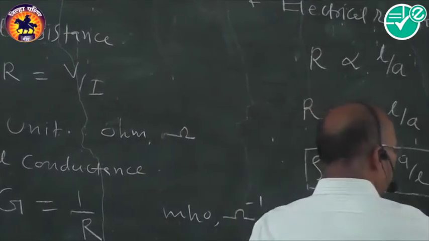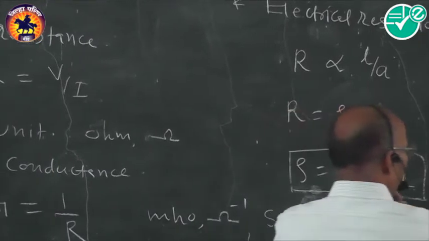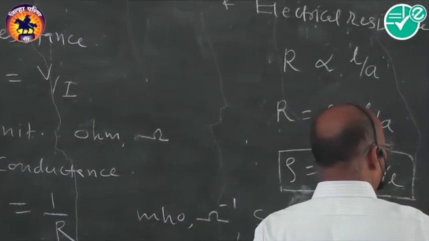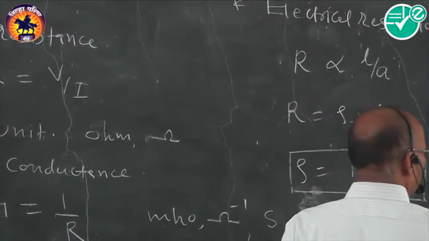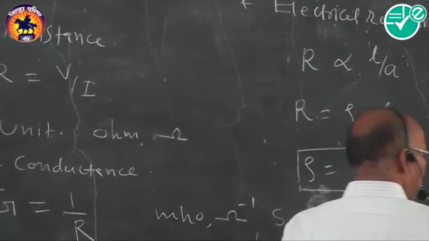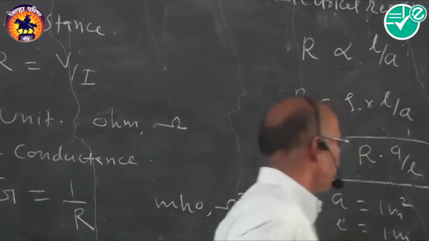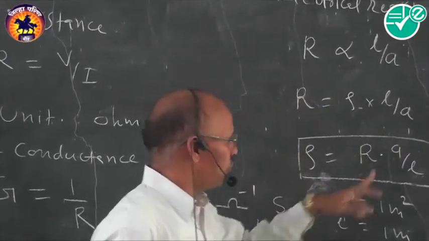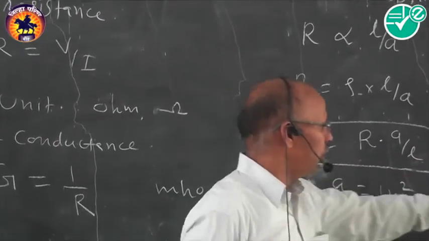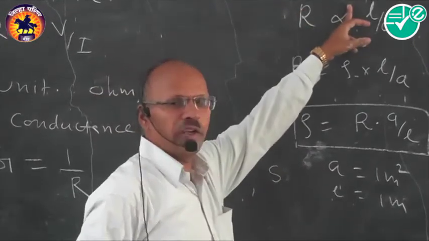Unit: resistance is already in ohm, area is meter square, divided by length, per meter, like this. So if you think about this one, we'll have the unit ohm into meter, and we'll have the unit ohm into centimeter, unit for electrical resistivity. Area square, length is there, we place the proper values. It is a very important parameter.